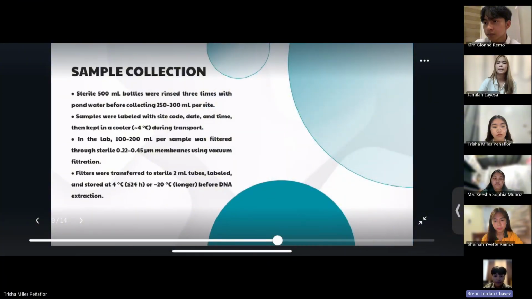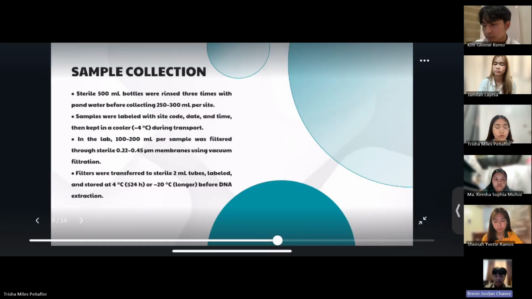For the sample collection, pond water samples will be collected for DNA extraction using sterile 500 ml bottles from predetermined sampling sites around the pond. To minimize contamination, each bottle will be rinsed 3 times with pond water prior to the final collection. Approximately 250 to 300 ml of water will be gathered from each site to obtain a representative sample of each